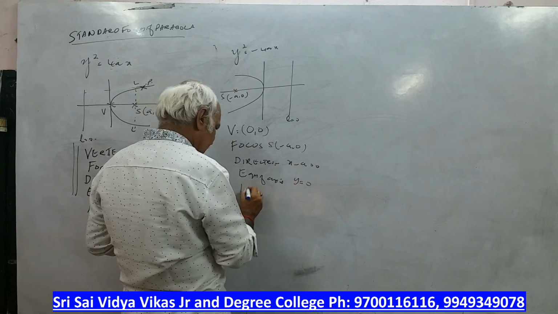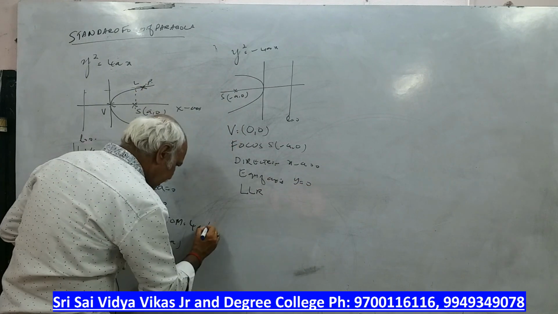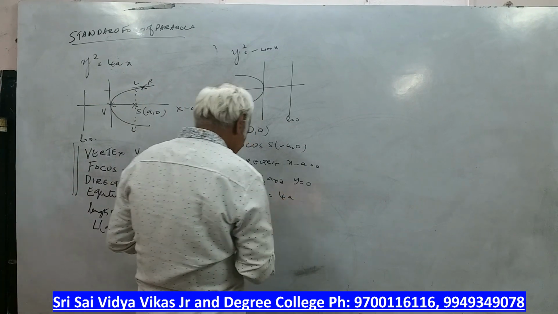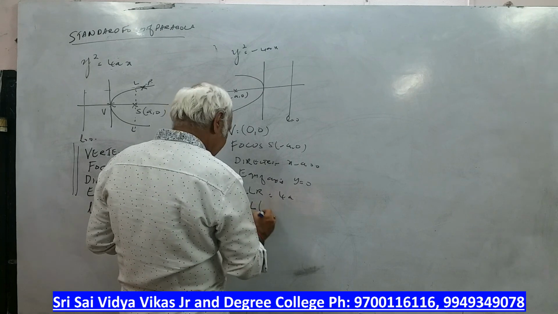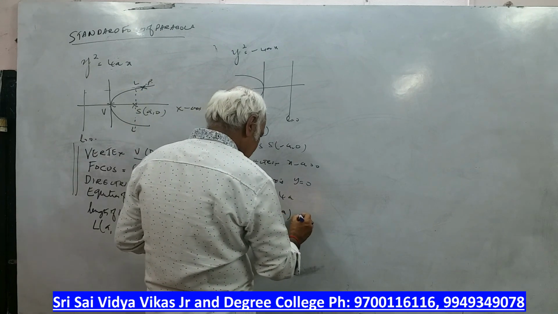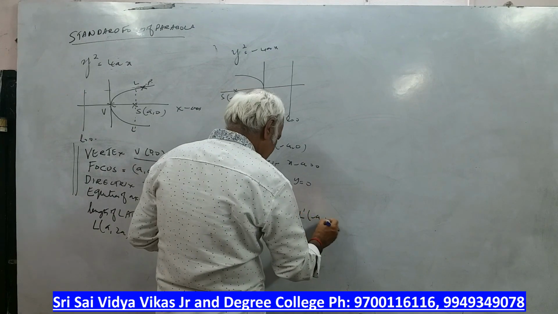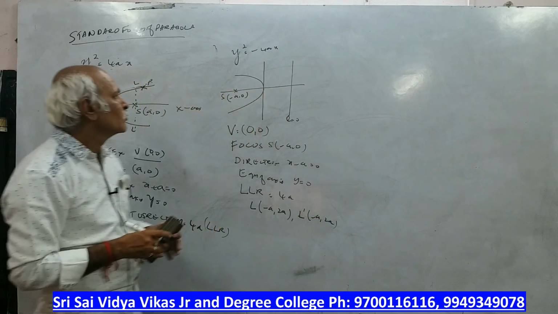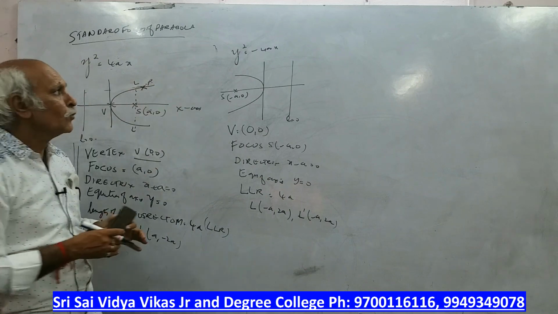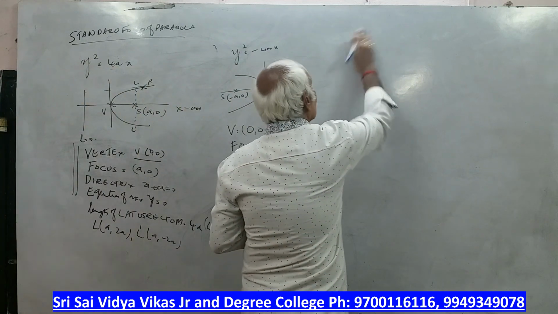Length of latus rectum, we call it LLR, is equal to 4a, there is no change, and the coordinates of L are on this side. So, what have we written? y square is equal to 4ax, y square is equal to minus 4ax. Then